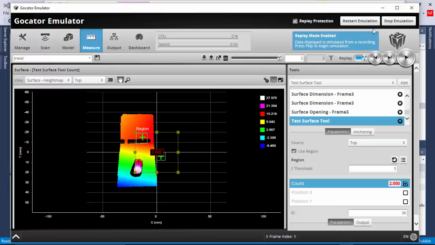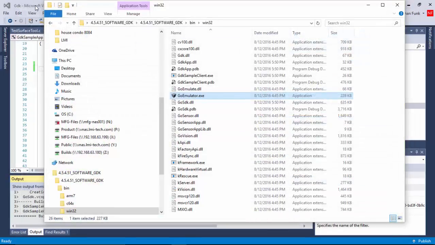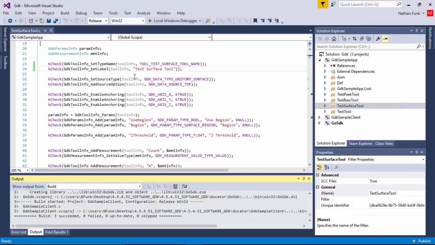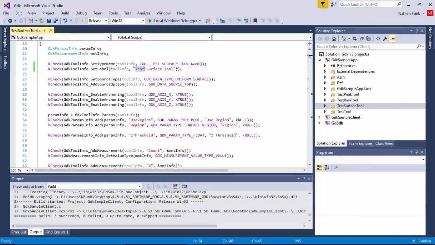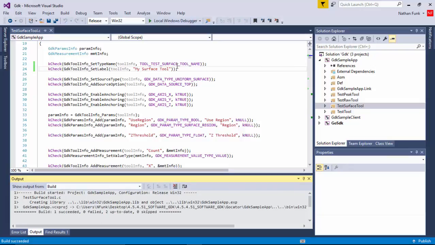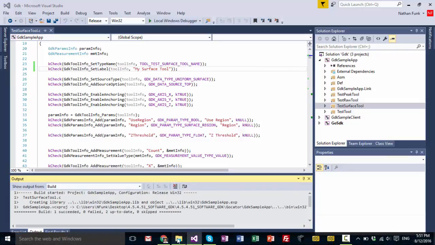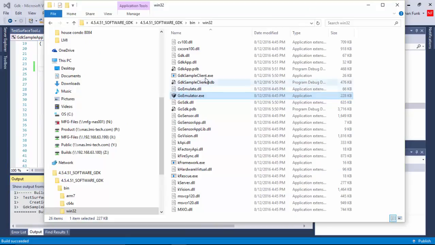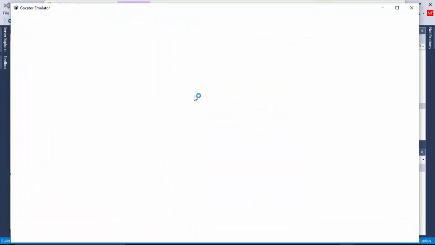So just to show you an example of making a change using the build environment, I can just go in here and I'm just going to change the name of the tool. I'll just change it from test surface tool to my surface tool. Just recompile again. There we go. And now my GDK app is updated. Start Go emulator again.